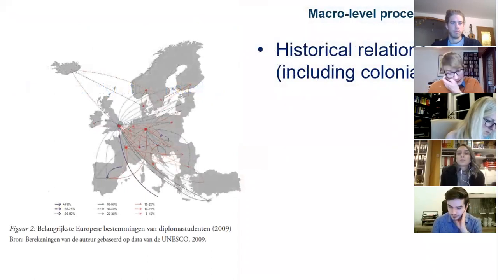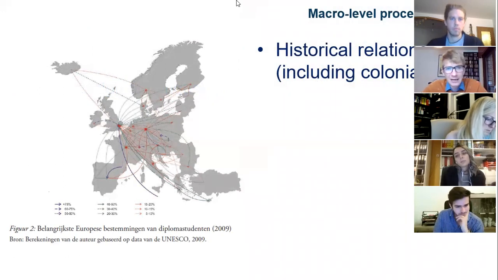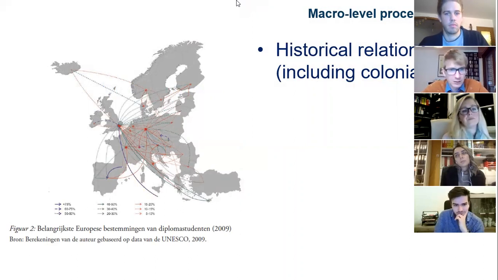And then finally, we have these macro level processes. What do we know about macro level processes? First of all, we know that historical relations play an important role. Students are much more likely, on a macro level, to move to countries where they have a historical relationship, including colonialism. And I just added this very ugly figure a little bit as a joke,